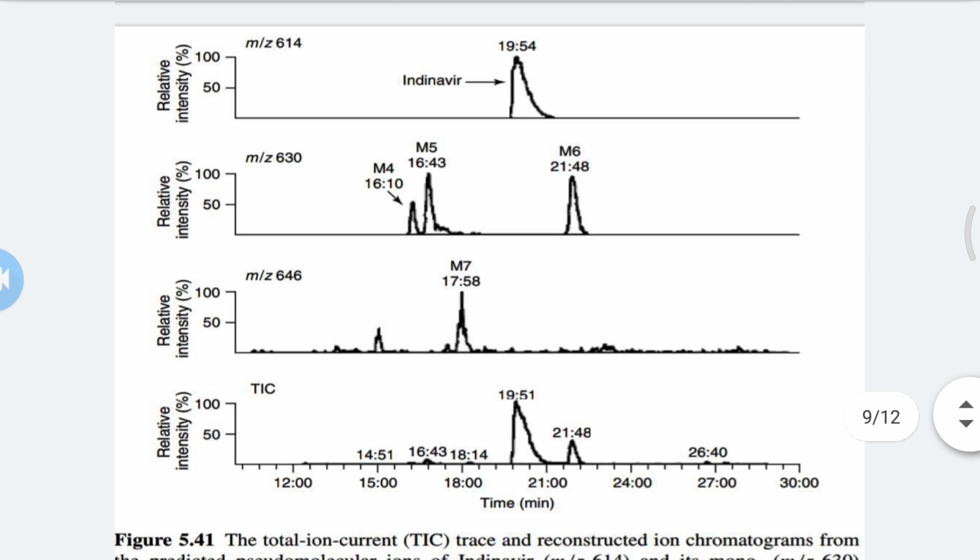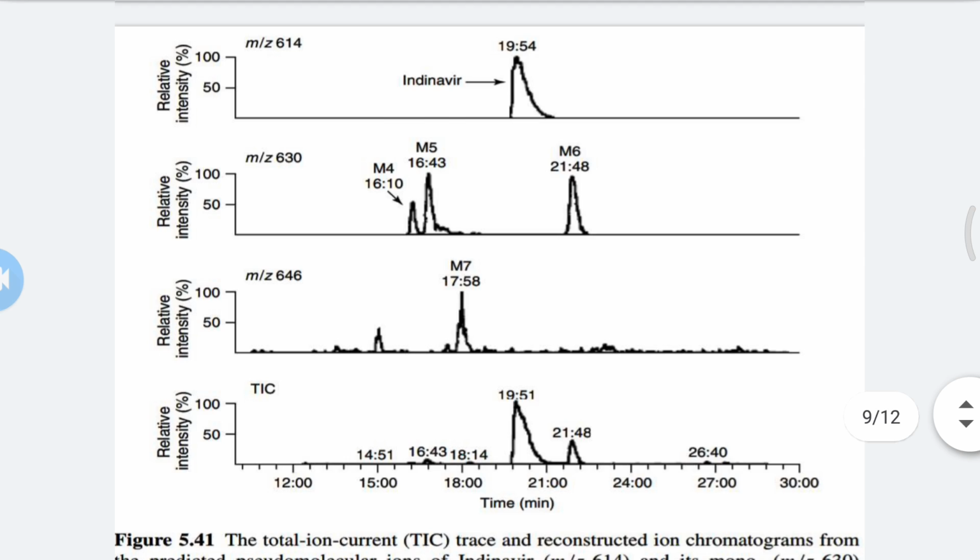Why the increase of this molecular weight? The actual molecular weight of this compound is 614, but in the second graph the molecular weight increases to near 613,